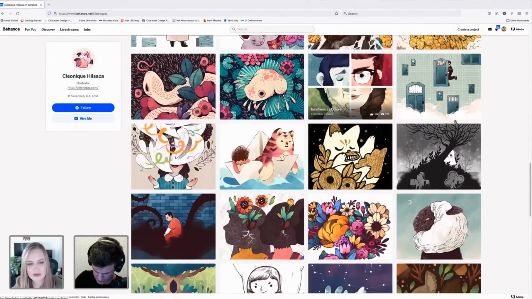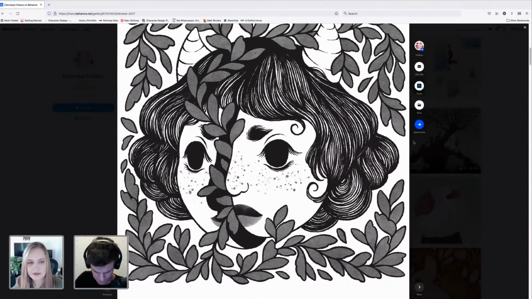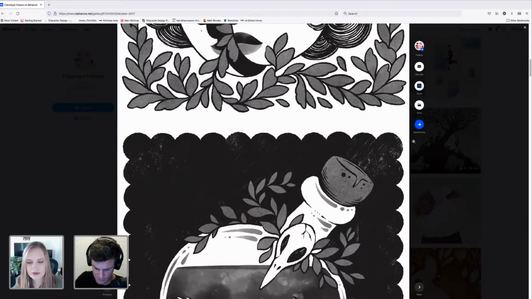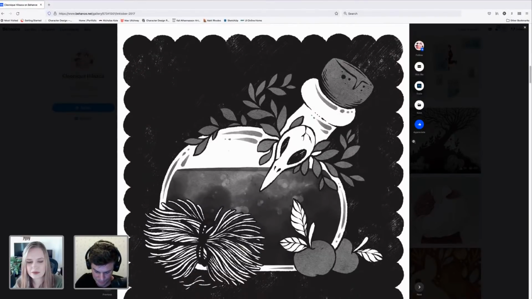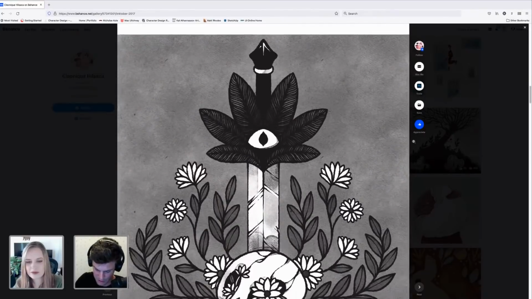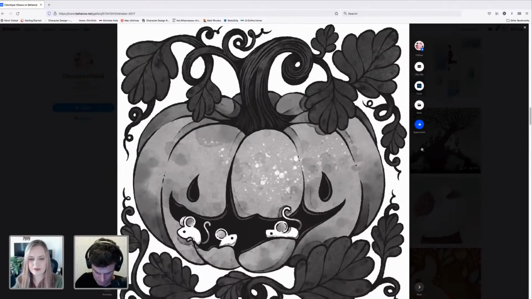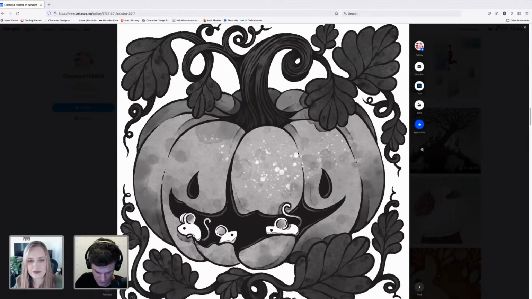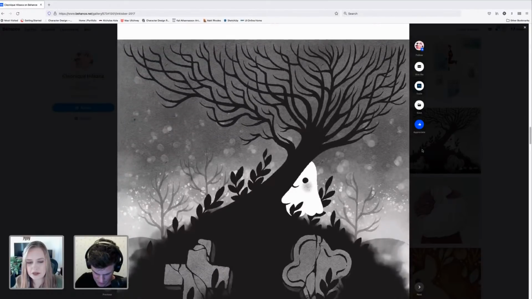And you can just see here, I'll just use this one because there is no color. Look at these value studies. Yeah, if you make a grayscale of anything that you're painting, you're going to see right away what's working and what's not working. This is just a great example that she really has a great handle on her value scale, making sure she's really using everything from white to black. Yeah, all of these watercolor textures are so beautiful.